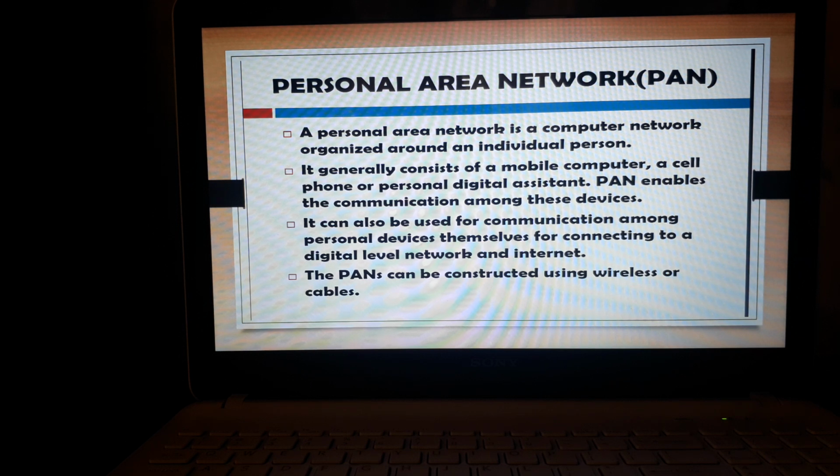PAN enables the communication among these devices. It can also be used for communication among personal devices themselves, and for connecting to a higher-level network and the internet. PANs can be constructed using wireless or cable. Okay, physically also you can connect, or